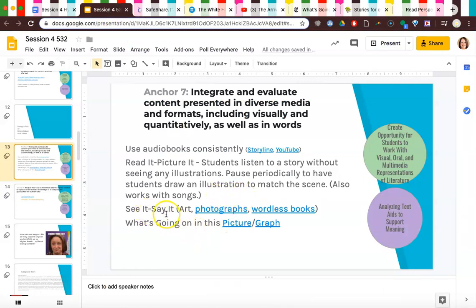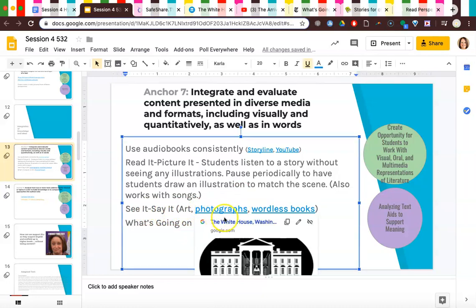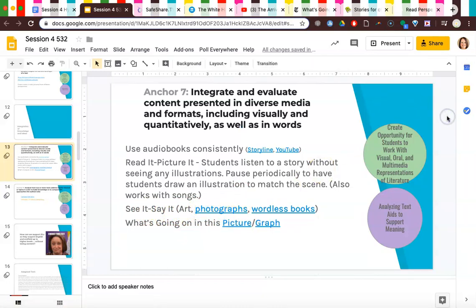Other things we can take a look at is having students just practice seeing what they're saying. Or saying what they're seeing, rather. See, I need to practice it myself. So taking art and photographs and wordless books and just talking about what you're seeing. Be descriptive, go into detail, really help them build that vocabulary. And practice taking information from other media formats and talking about it in English, in text, in long streams of